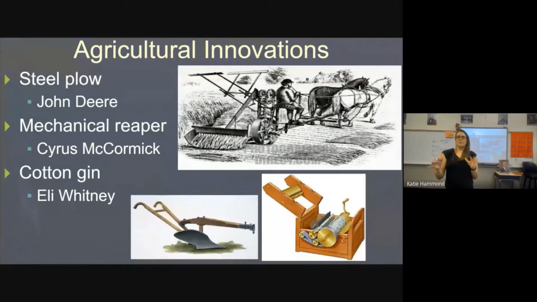But some people on the eastern part of America realize this western land is really fertile and they want to try to compete. So they experiment with different types of poop, if you will, like bird poop and bat poop, and they say, ooh, this is actually making things grow better and faster.